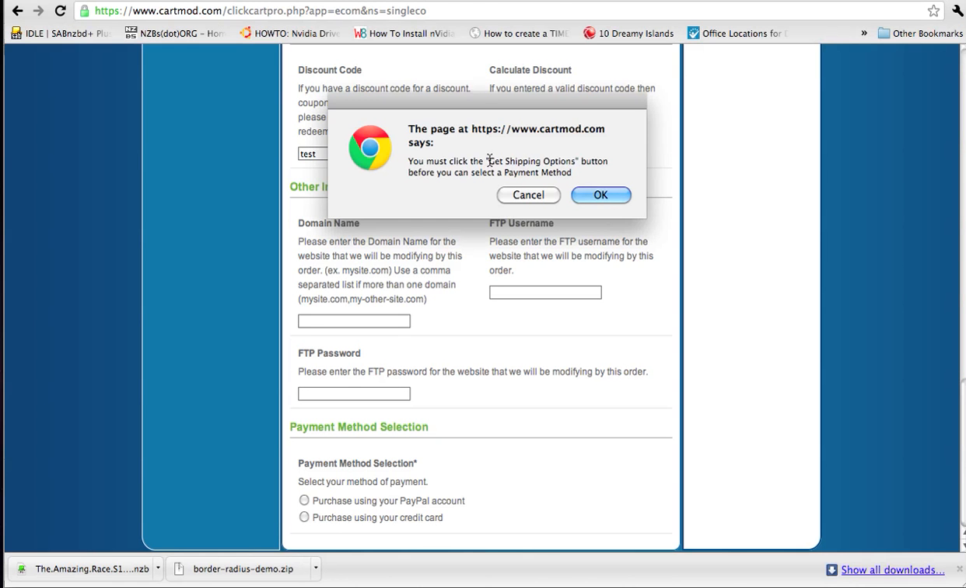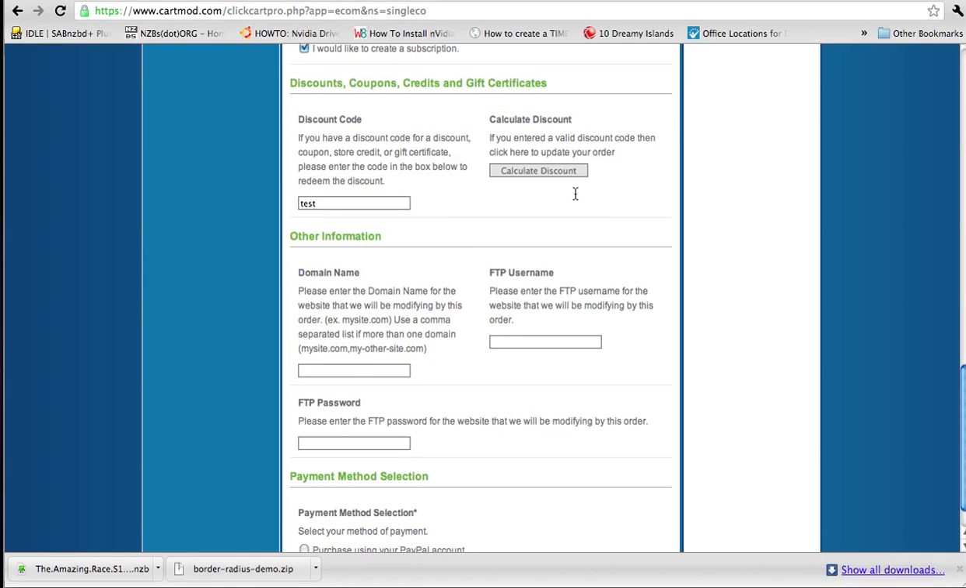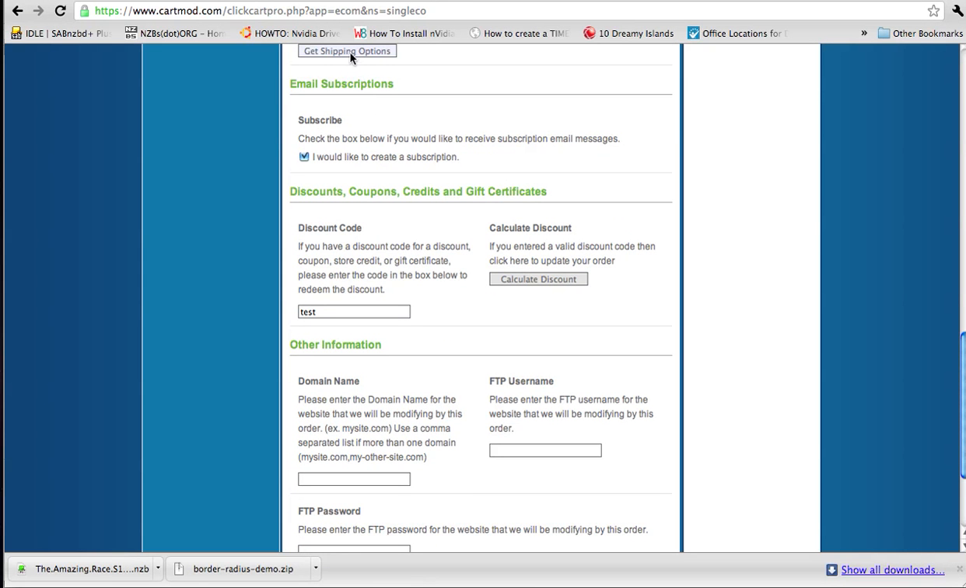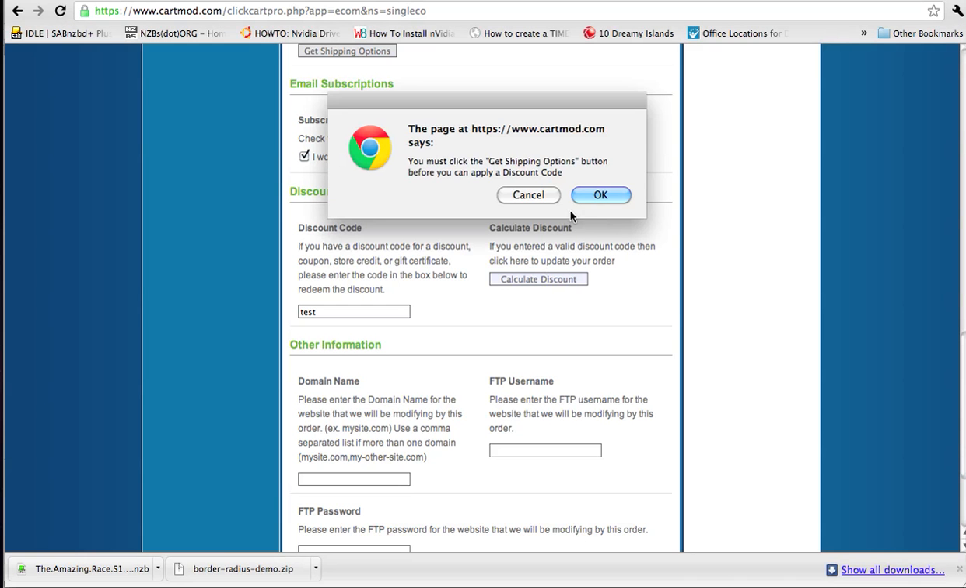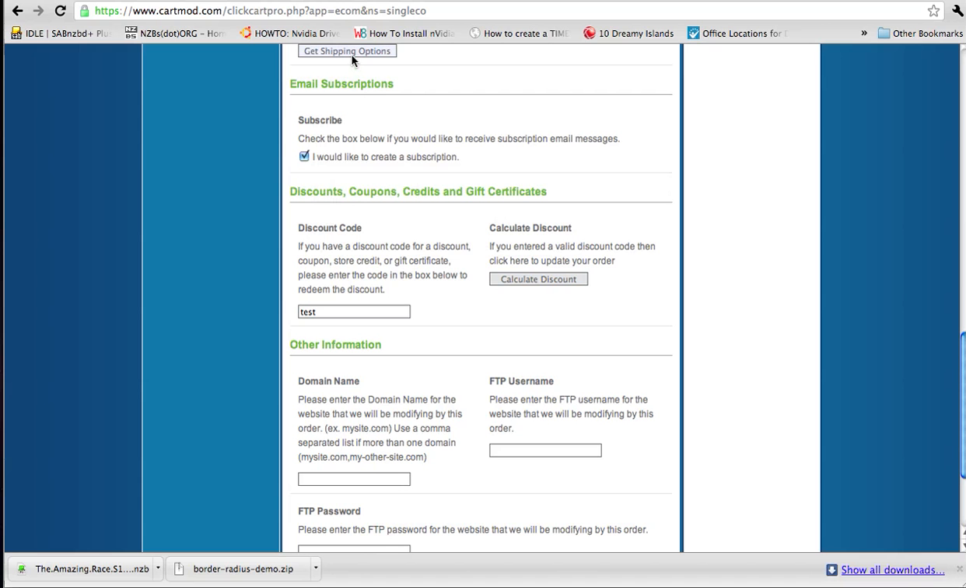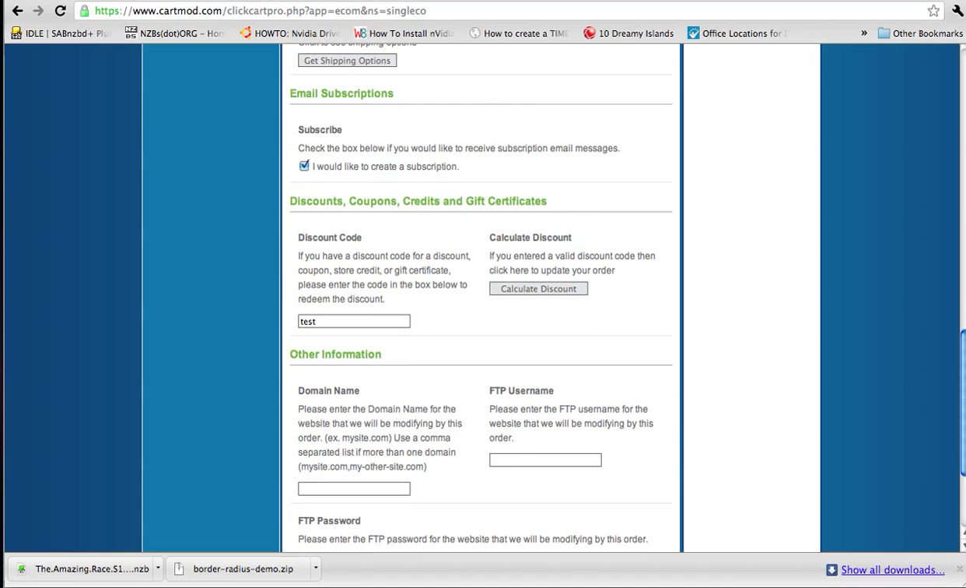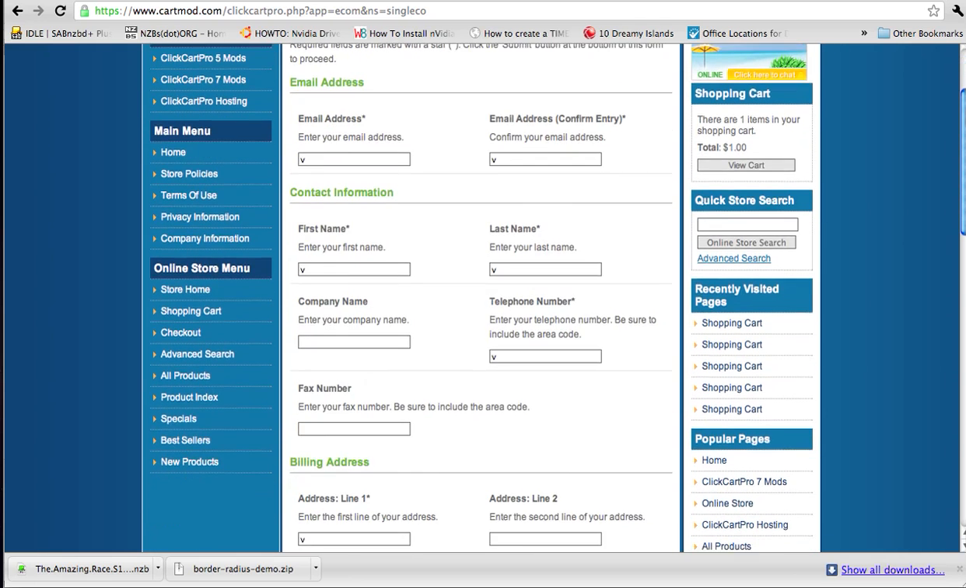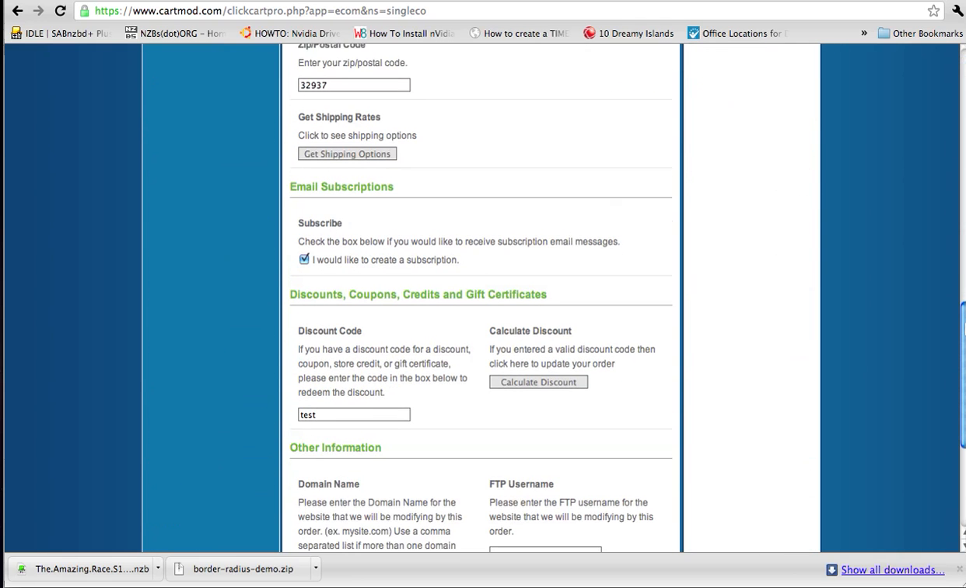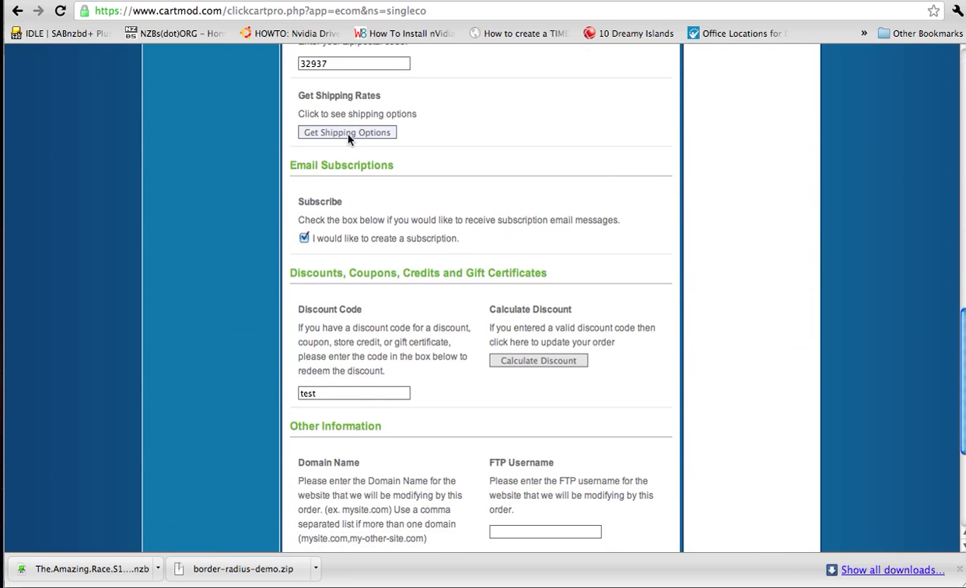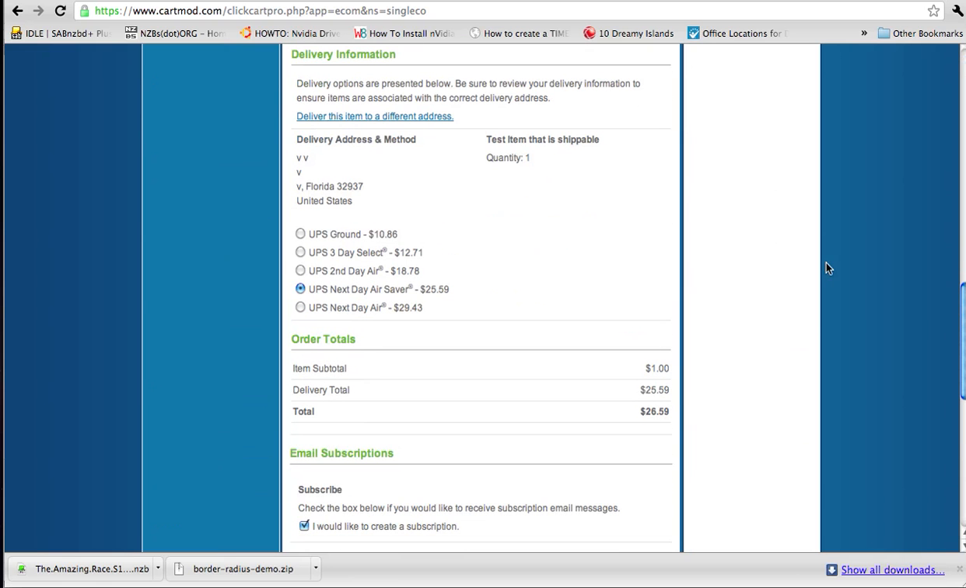It will tell them you must click the Get Shipping Options button before you can proceed. Hit OK. It scrolls them to the Get Shipping Options. If they try and select Calculate Discount, it tells them you must hit the Get Shipping Options button. So it will not let them proceed even if the form is filled out entirely if they have not hit the required Get Shipping Options section. So once they hit that,